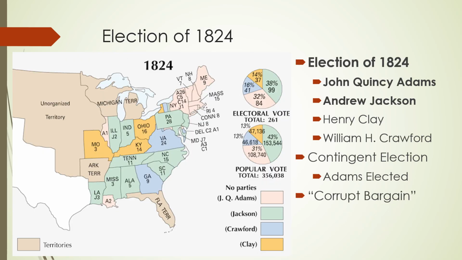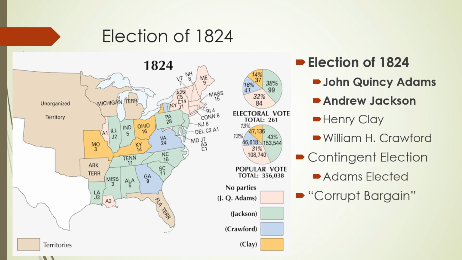All right, getting towards the end of our discussion here. We've ended with Madison, and then we've talked about Monroe. Now, Monroe was elected twice, and we're going into our next election, the election of 1824. Of course, the Virginia dynasty is over, and no more founding father presidents and all that. So we're sort of entering into a new era here. But this is a very important election for a few reasons.